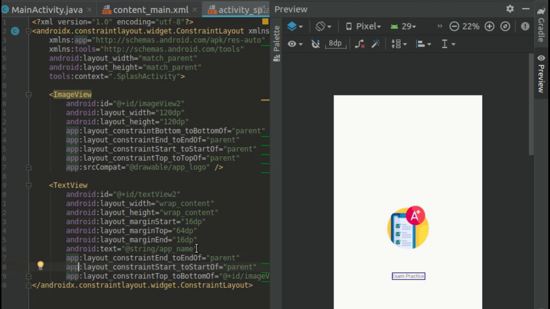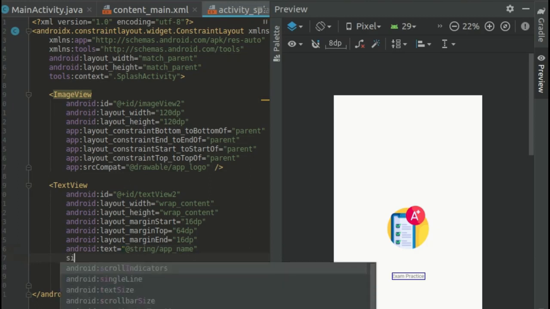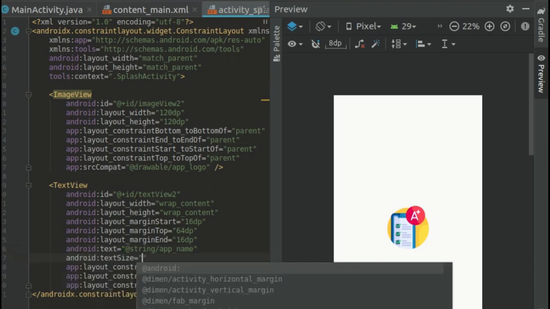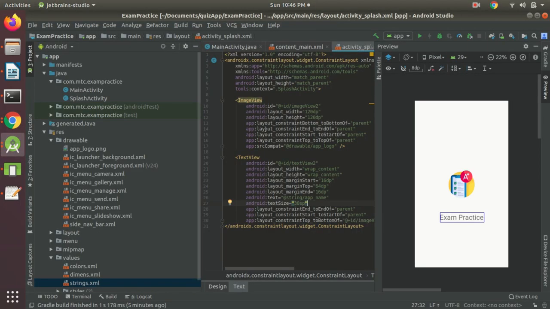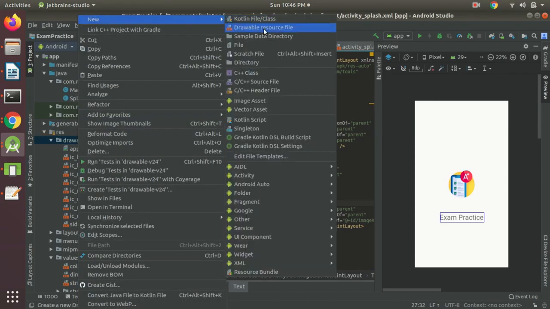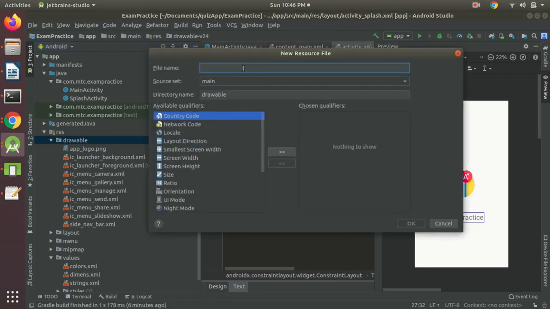Now we have this text. Let's resize it, change its text size to 30 sp. Okay, it's good. Now we want to change its background also, so let's change its background. So we need to create a background file. So go to the drawable folder and here right click and create a new drawable resource file and name it